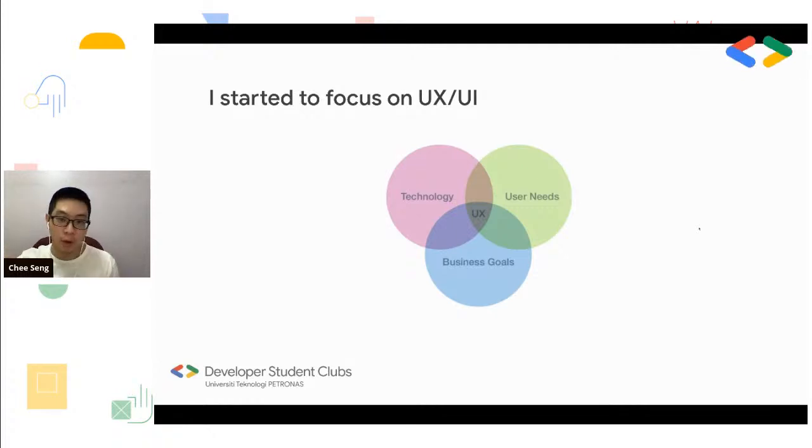And then there's also a UI portion, which I didn't show here. But for the UI portion, there's a lot to consider as well. There's motion, there's interaction as well. So even on the design part, there are a lot more things to focus on. And I can't just be coding and also designing professionally at the same time, because I have community events I need to manage, so I need to focus on certain stuff. So focusing on a certain part of your life is quite important, as I would say.